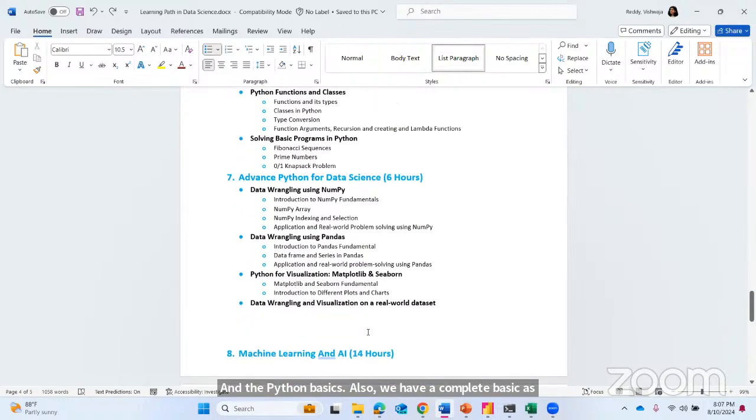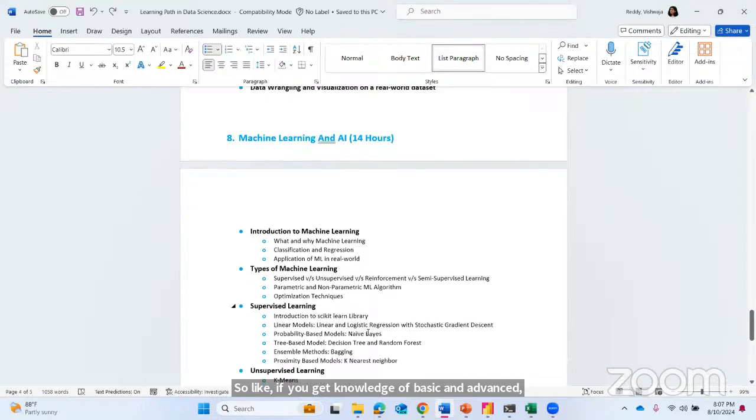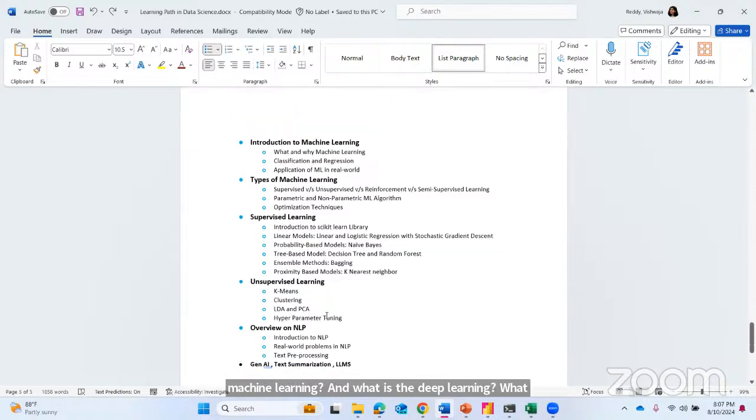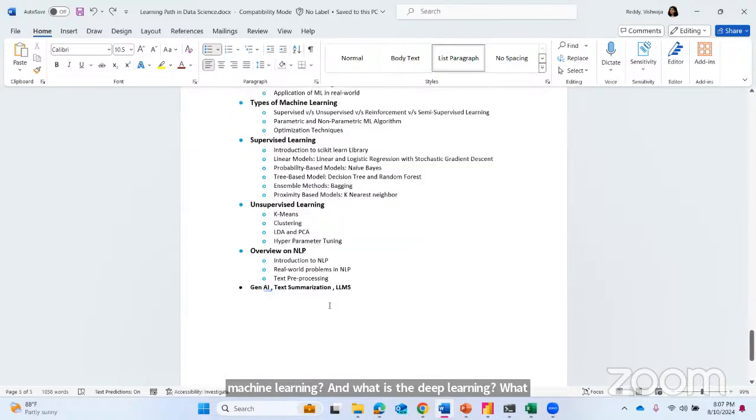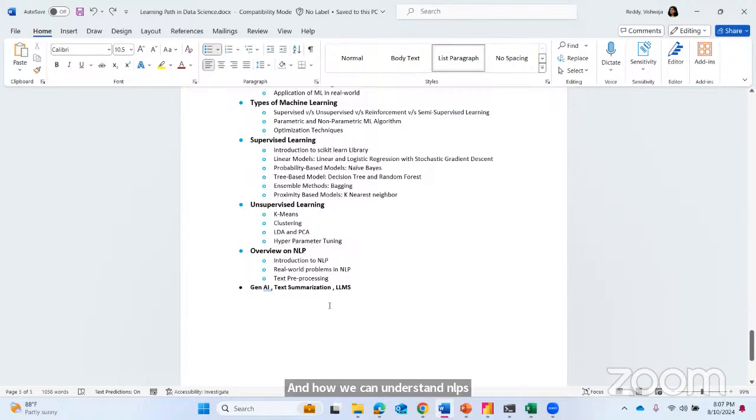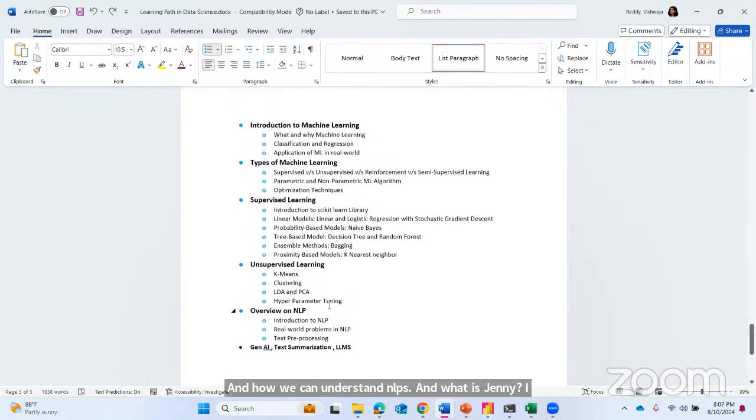If you get knowledge of basic and advanced, that helps you for an easy flow. And then machine learning, what is machine learning and what is deep learning, what are the algorithms we have, what is supervised and unsupervised, and how we can understand NLP, and what is Gen AI, text summarization, LLMs. All these things come in the later part, which you can understand step by step.